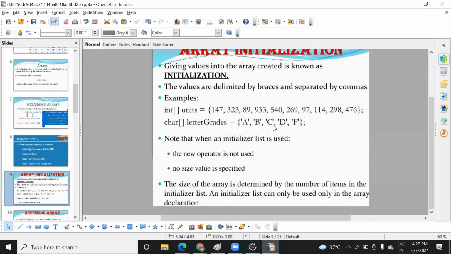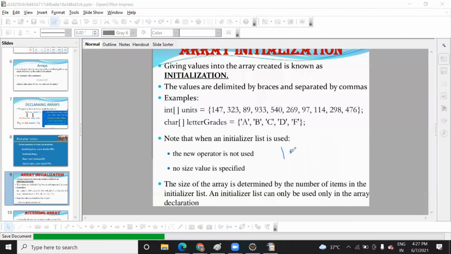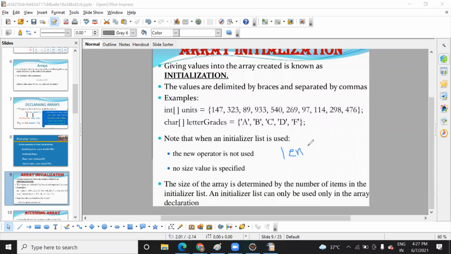And you can also check the size. Suppose you use the function unit.length. The length function is there. You can use that length function in order to find out the size of an array. When you initialize at compile time, if you want to find out how many numbers are present in the array, you can use the length function, and with its help you can easily find out the size of an array. Suppose you want to run the for loop till the last element, how are you going to check the size of the array? You can do it simply with the help of this length function.